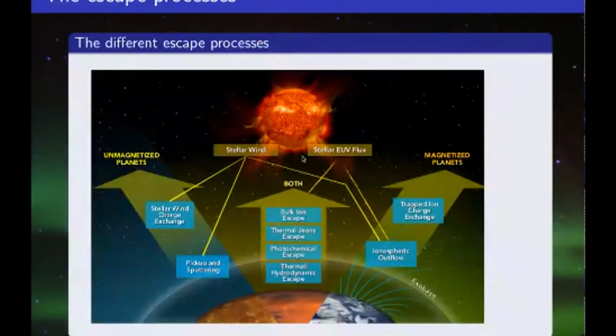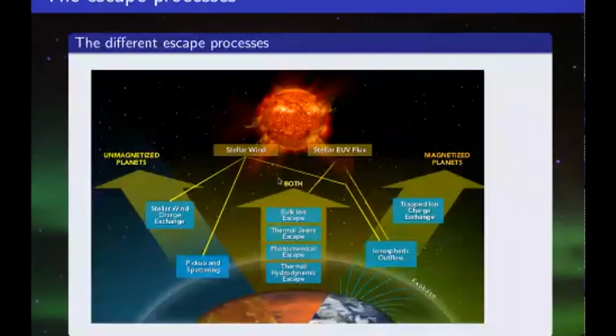So, for better understanding what is going on, we have first been looking at all the processes that lead to the escape. Because if we want to better understand the planet, we need to look at how these processes exist and how they evolve depending on the different conditions from the star and from the planet itself. And it's by doing that work that we'll be able to understand where the escape comes from and what is the actual impact of the magnetic field on a very specific planet.